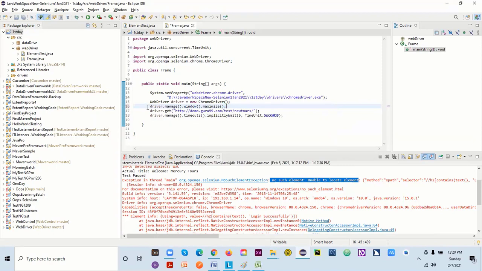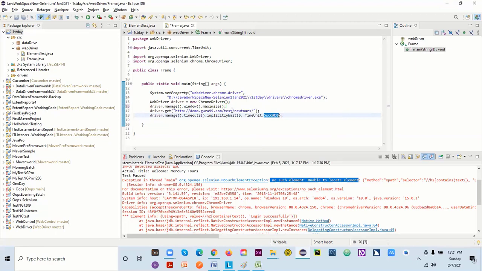So now as soon as my browser is open here, which is Chrome, it will maximize, and then it will navigate to this URL and wait for 5 seconds. This time I can change, which we discussed last time. I can give a unit as well. If I want hour, minute, day, I can give that here. All right, so till here we are good.